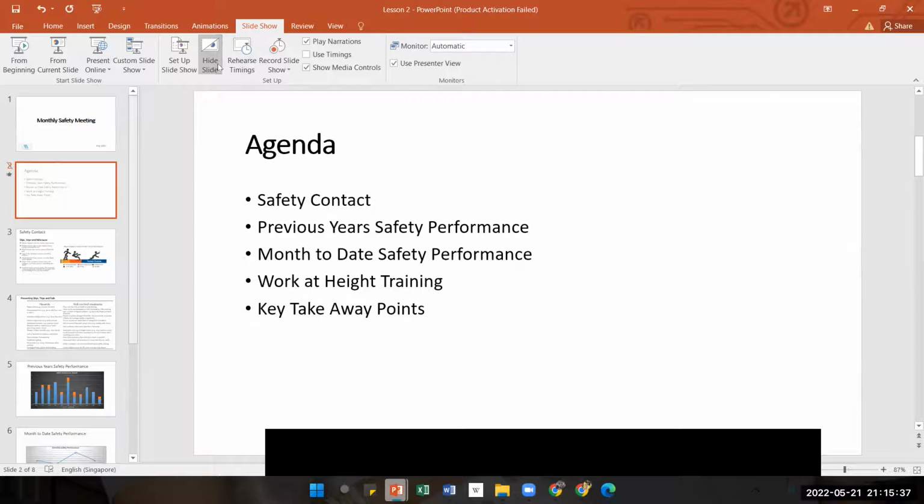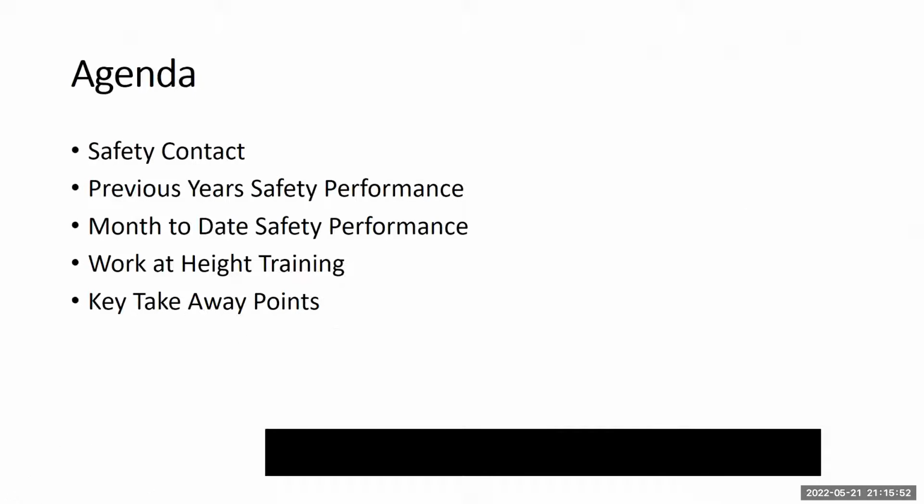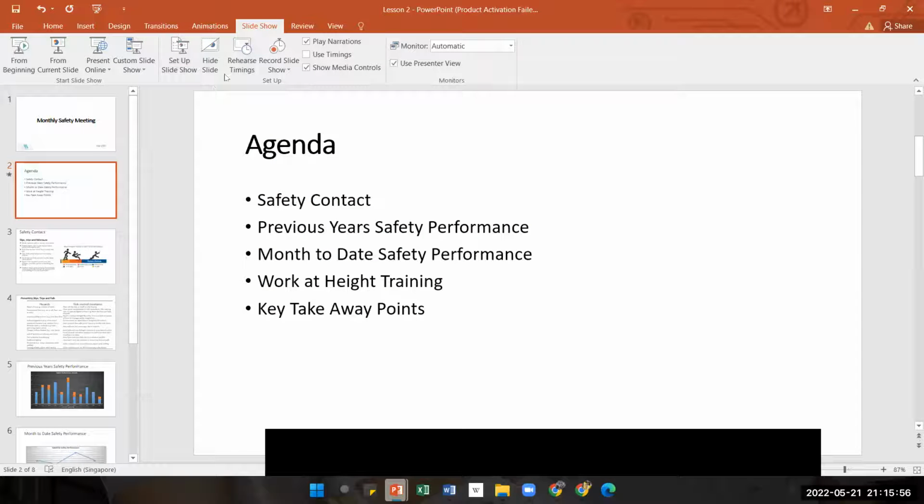Now I want to remove this. I just click the same icon again. You can see that the slash is removed and the data is back to the normal color. I go back to the presentation and I can see the agenda. So this is how to hide and unhide the slides. Now I showed you that when you click from beginning,